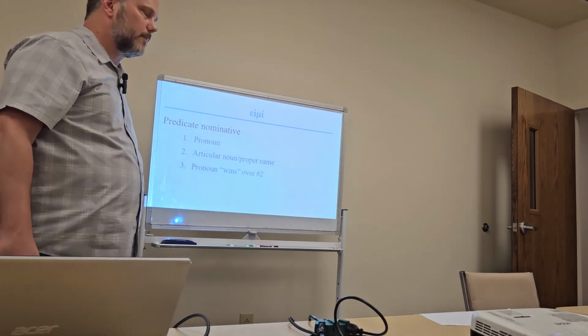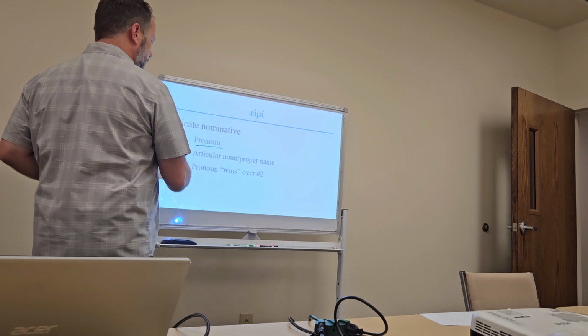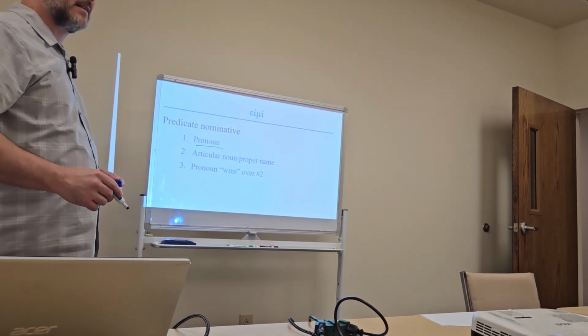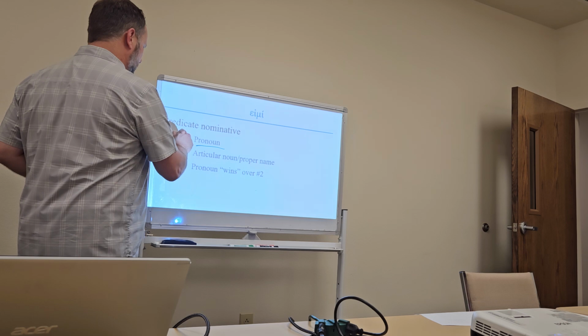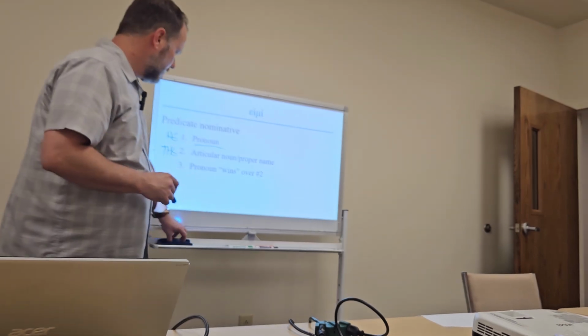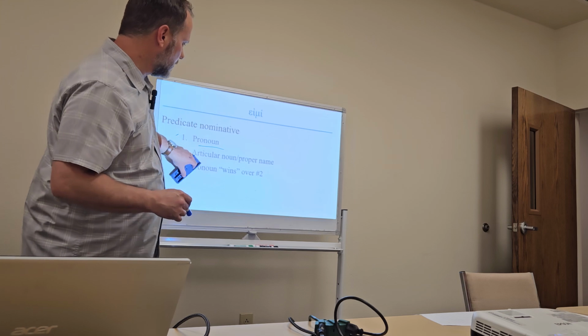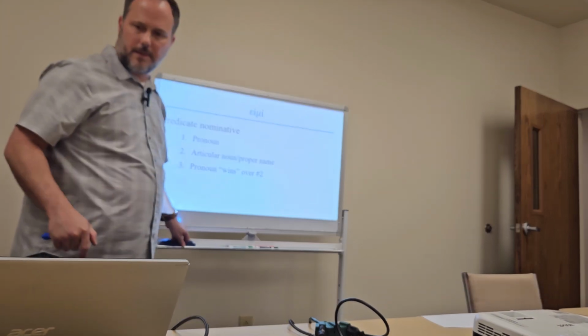And what the predicate nominative ends up becoming is standing in for the pronoun rather than the article. So instead of being like the word the, it could be the word he or she or it. So that's what the pronoun wins over in number 2. And why this becomes important is